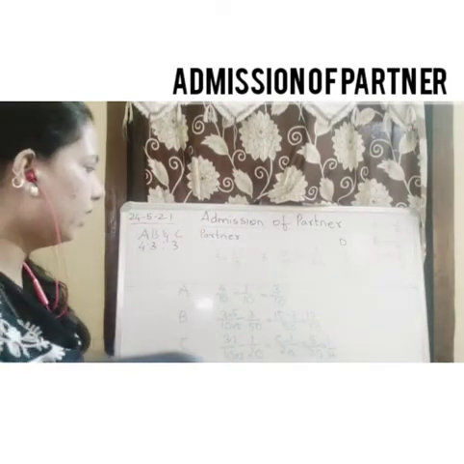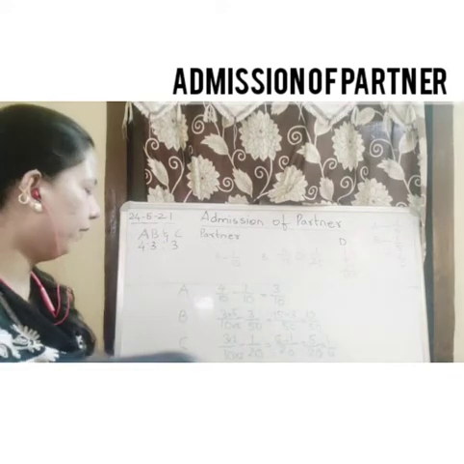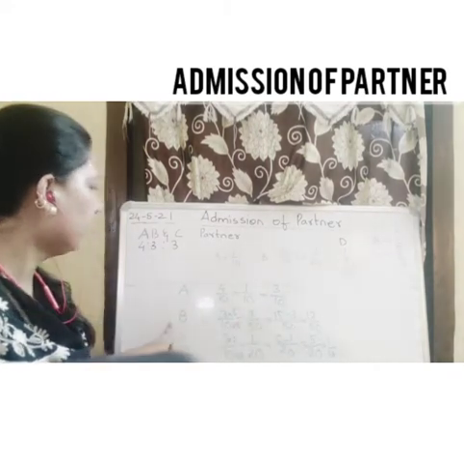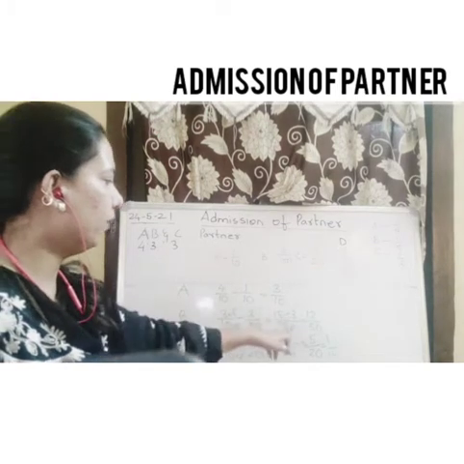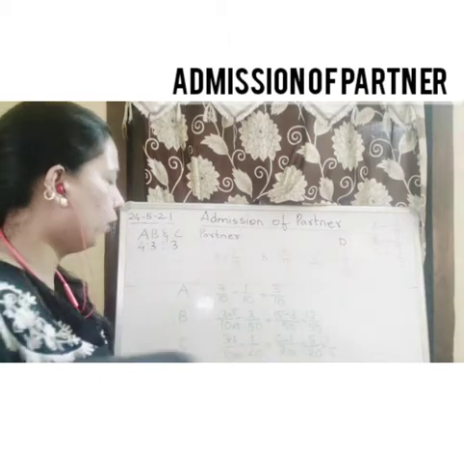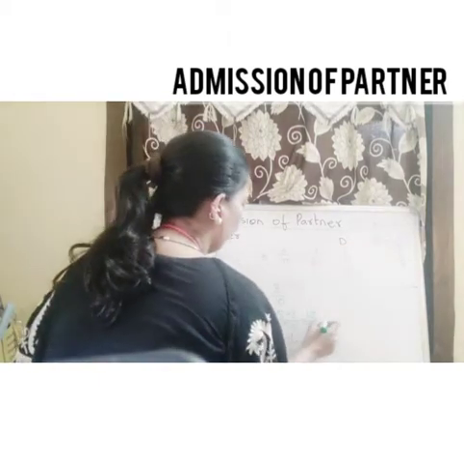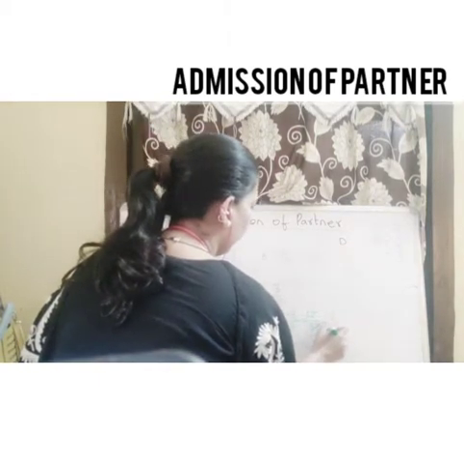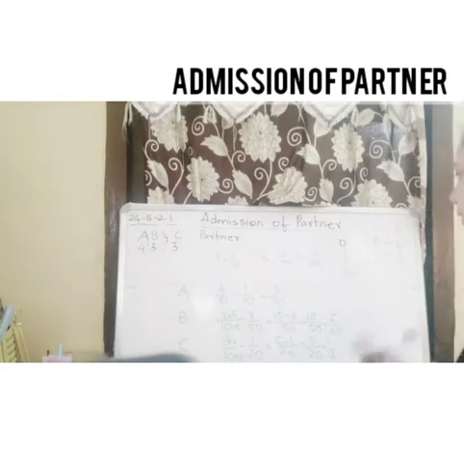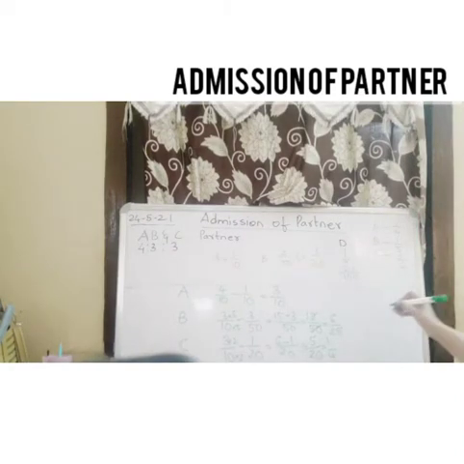the final figures. We can see that the part left with A is 3 upon 10, the part left with B is 12 upon 50, and the part left with C is 1 upon 4. Of course, we can reduce B's share further, and if we reduce it we get 6 upon 25. Now finally we need to calculate the whole profit sharing ratio of A, B, C and D.